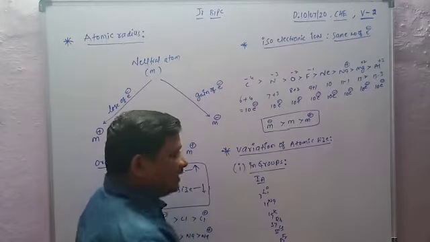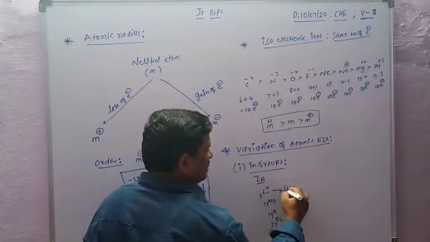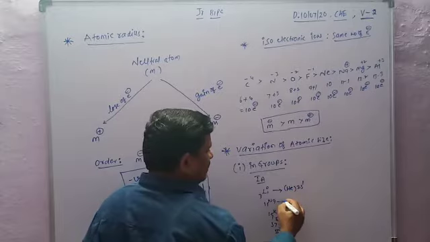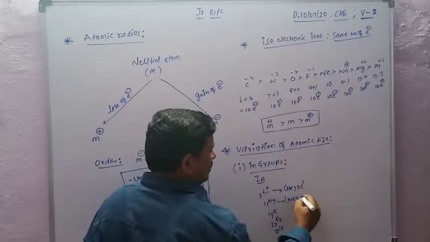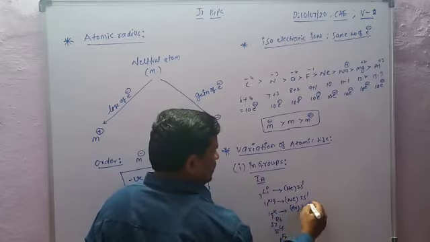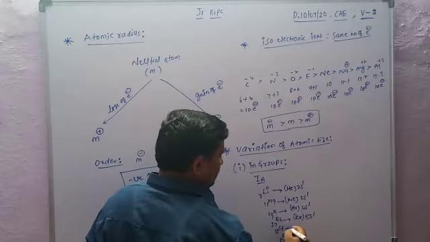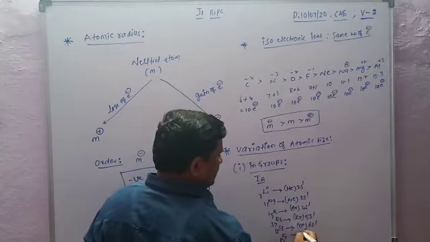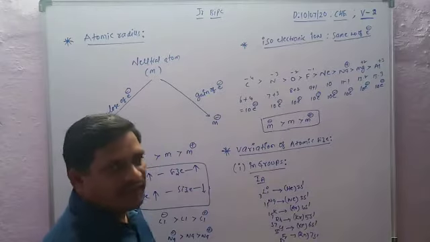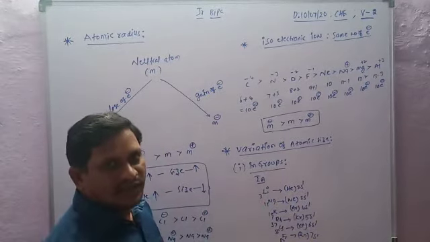Their general electronic configuration is based on the nearest noble gases: helium 2s¹, neon 3s¹, argon 4s¹, krypton 5s¹, xenon 6s¹, and radon 7s¹. From top to bottom, the n value increases. It means the differentiating electron enters into a new energy level.